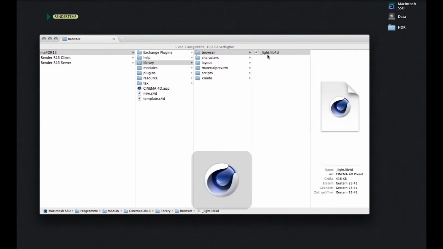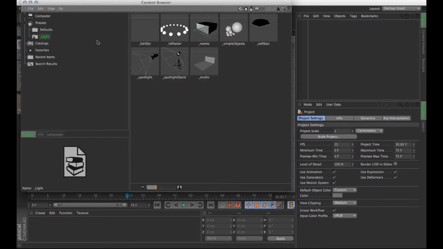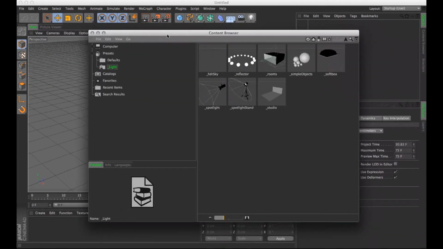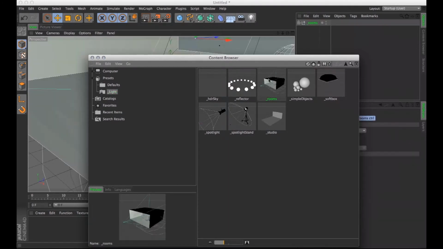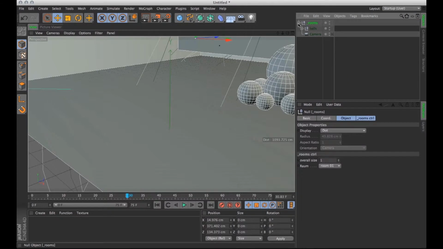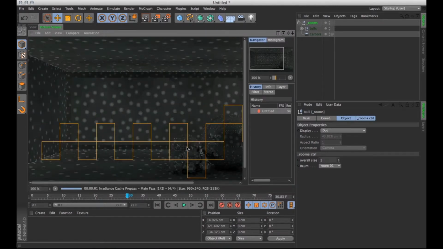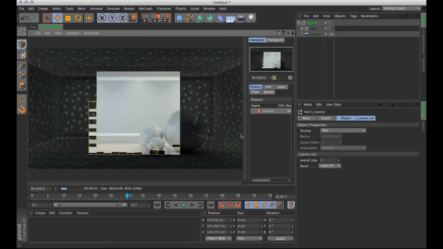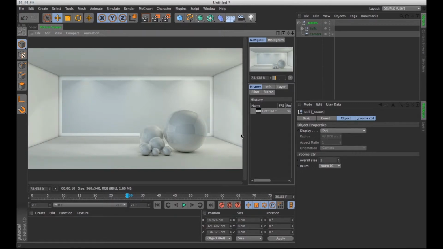So let's now start Cinema, and if you go to Window, Content Browser, you will see the light. And for example, let's start with rooms. You just double click, and what you have here is a basic room with some basic objects. Let me quickly render this scene. It renders pretty fast. So it's a room where you can put your stuff in and you will have some